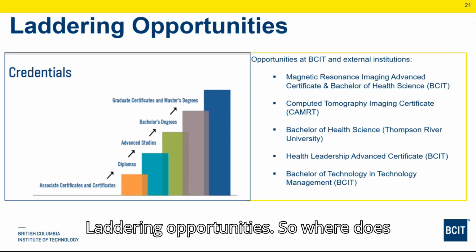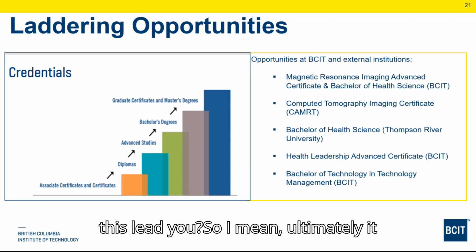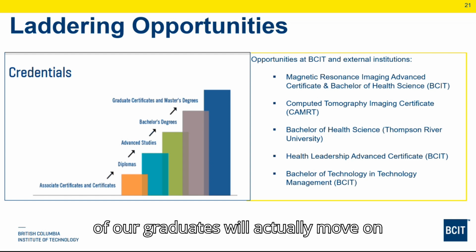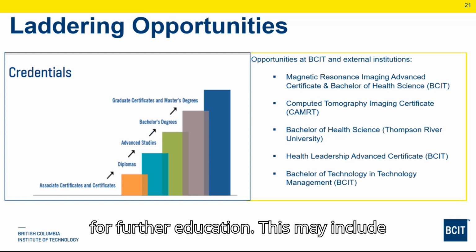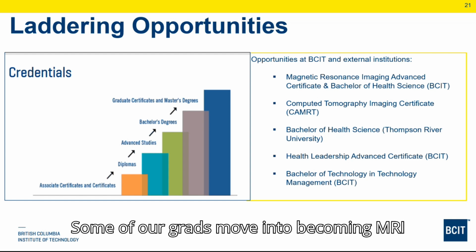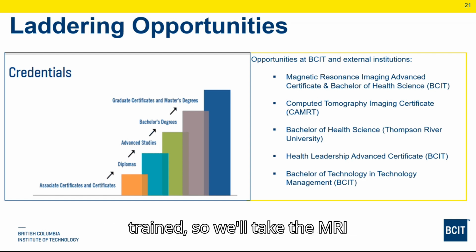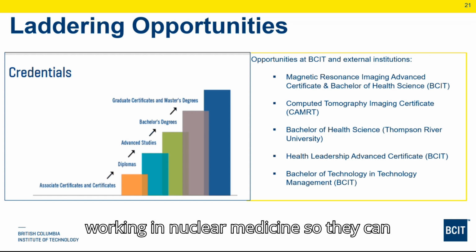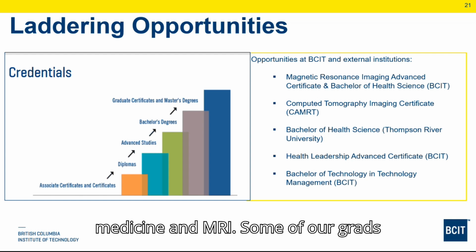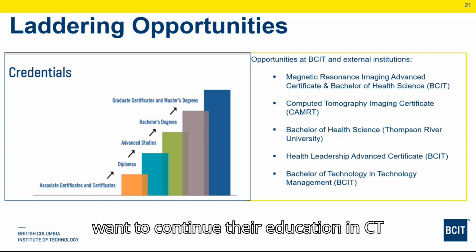Laddering opportunities. So where does this lead you? So, ultimately it does lead you to becoming a registered nuclear medicine technologist, but a lot of our graduates will actually move on for further education. This may include taking some additional BCIT programs. Some of our grads move into becoming MRI trained, so they'll take the MRI post-diploma certificate. So taking some part-time courses as they're working in nuclear medicine, so they can get trained in both nuclear medicine and MRI. Some of our grads want to